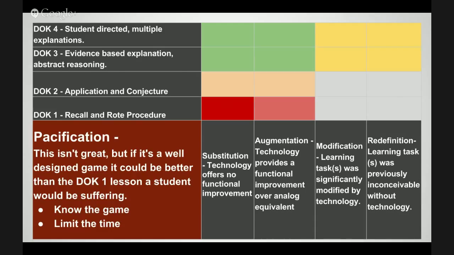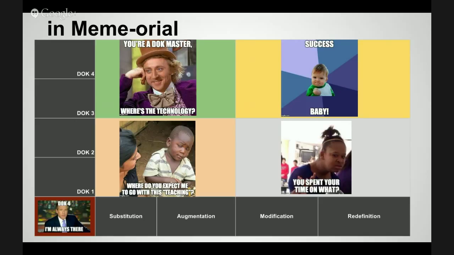So I think we'll do a quick little summary here. I've gone ahead and pre-generated some memes to wrap up. I love using memes as a quick capture because not only do you get the quick phrase, you also get an emotion or a visual tied to it. So for pacification, you know,